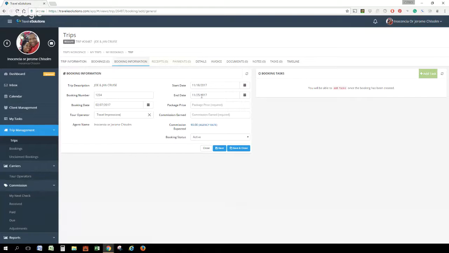These dates typically don't change from the information that you gave in the previous screen. However, remember, each segment of the trip is a booking. So these dates would change. For instance, right now I'm setting up a booking for the cruise component of this trip. But I could set up this screen separately